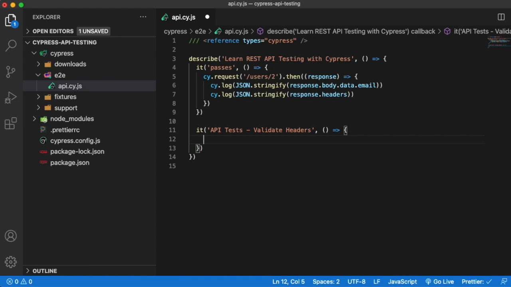So what do we want to do? Again, we want to call the GET request on this endpoint. Then we will get the response, but instead of just console logging the data, we want to perform assertions that some of the headers are actually included correctly in that response. So let's start